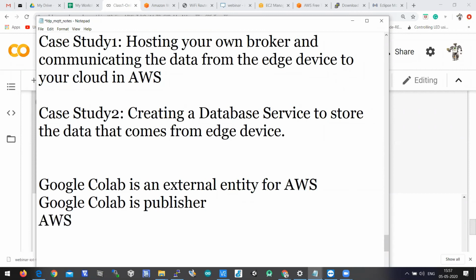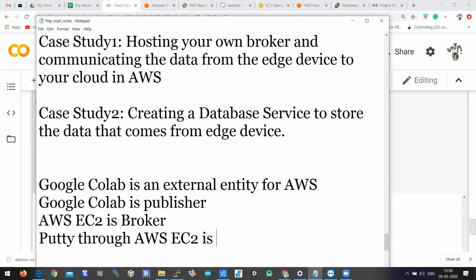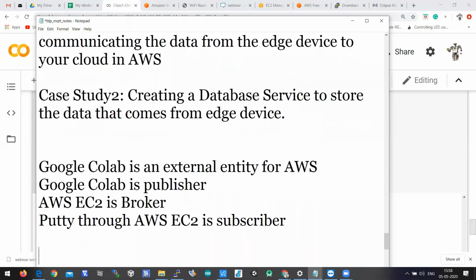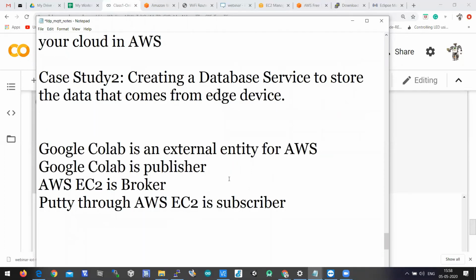Your AWS EC2 is the broker, and PuTTY, which is connected through AWS EC2, is the subscriber.